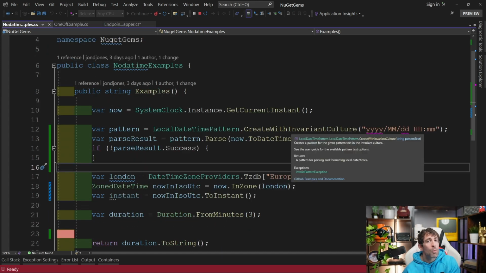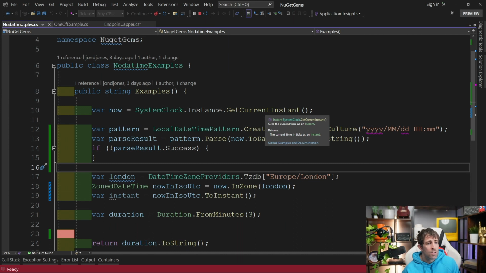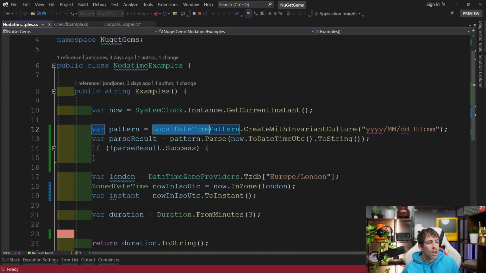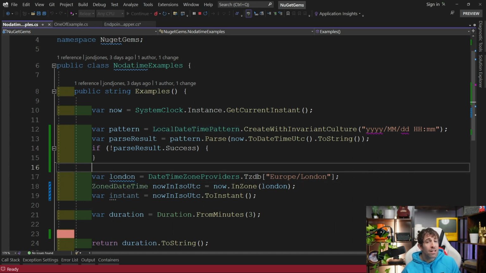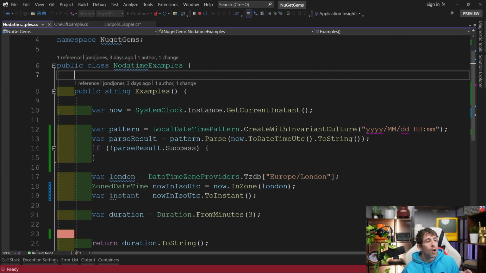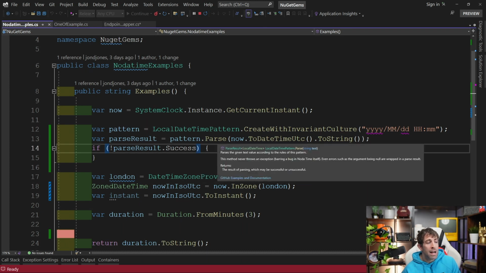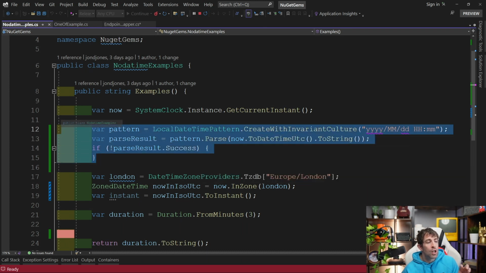Now, when it comes to working with NodaTime, you're going to get access to a few new types. So you can see we have the Instant object, we have this thing called a LocalDateTime, we have something called a ZonedDateTime. Basically, in essence, you're going to have much more control over defining something like a point in time using something like the system clock. We can then create local dates. So using patterns like the invariant culture or the Parse pattern, we can define and create NodaTime friendly